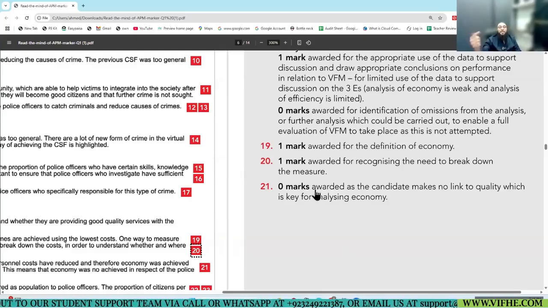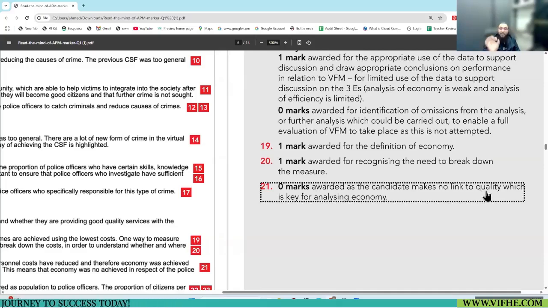What all he mentioned, that staff costs went down, so the company is economical. Sir, listen, sir, why? If the cost per staff member goes down, so the business seems to be economical. Why is this wrong? Because the quality aspect was missed here. You cannot reduce the cost at the expense of quality.